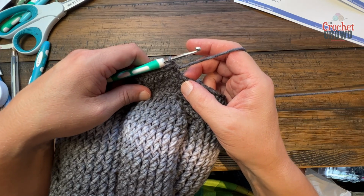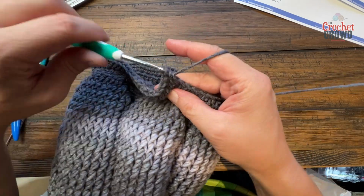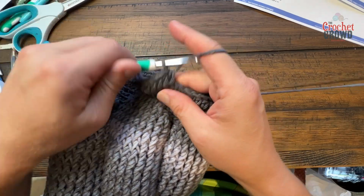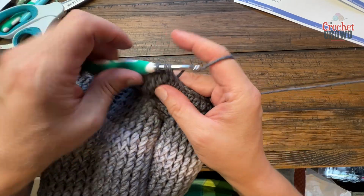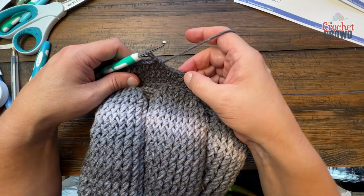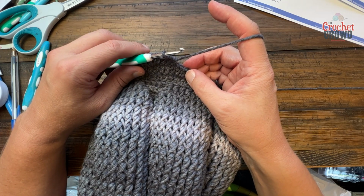So the repeat is in the brackets, so it's 1 half double crochet in the next 3. So we have 1, 2, and 3. And then the next one, there's 2 half double crochets in there, 1 and 2, and then the next 3 are half double crochet. So 1, 2, and 3. So start the repeat again. So 3 in a row, 2 into the next, 3 in a row. Continue to do that, and then on the very last one, there's going to be a stitch left over,